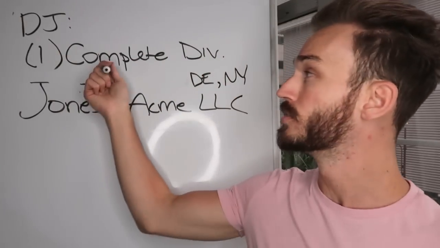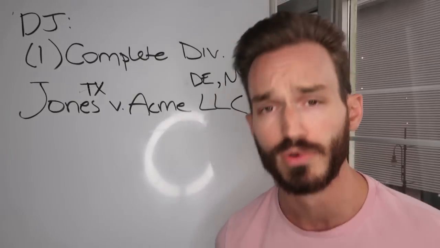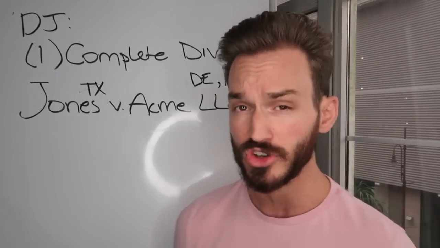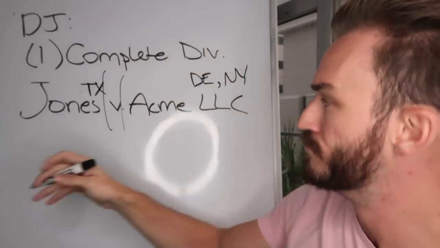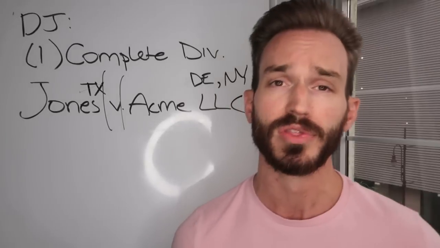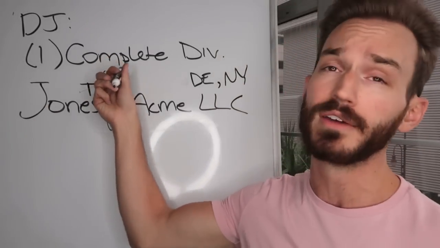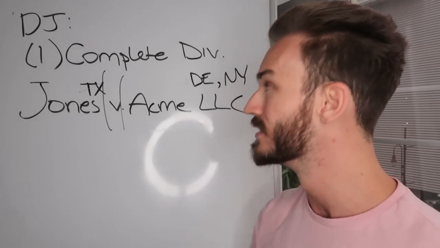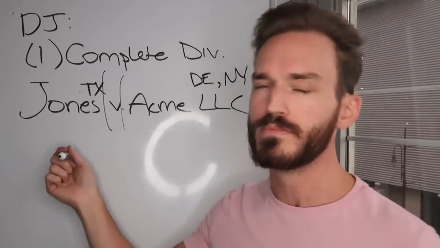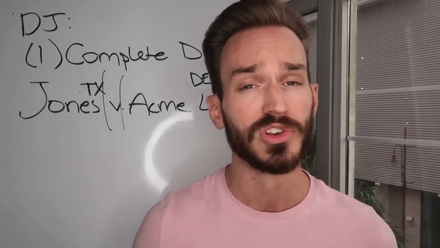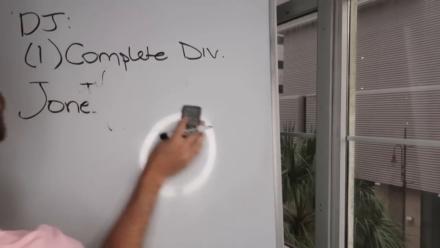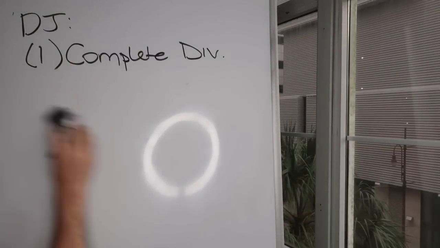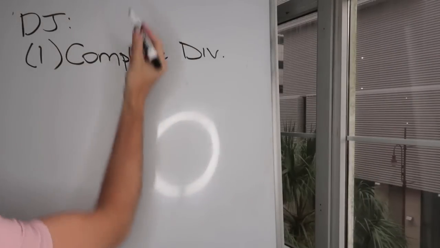Remember, when you're going through the first requirement and determining complete diversity, first step, you have to determine the citizenship of each party. Second step, do your diagram, compare both sides of the V. Is every citizenship on the plaintiff side different than every citizenship on the defendant side? If so, you have complete diversity. You move on to the second requirement. If not, complete diversity can't exist. But you still want to move on to the second requirement, obviously on a civil procedure essay, to rack up the most possible points. So either way, you would move on to your second requirement, which is, remember,